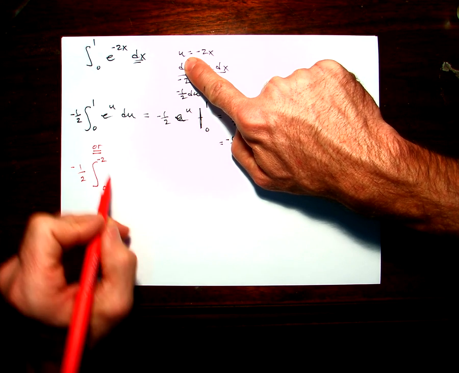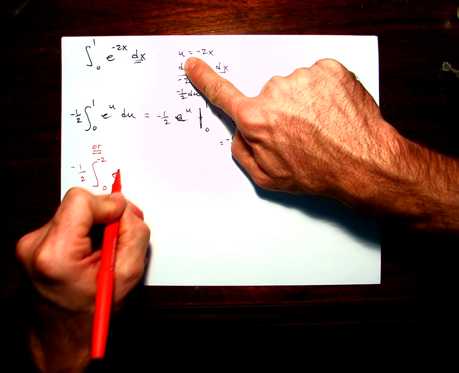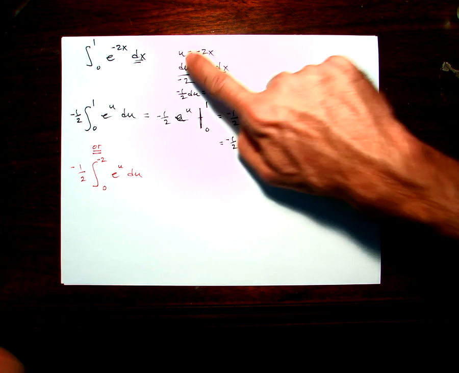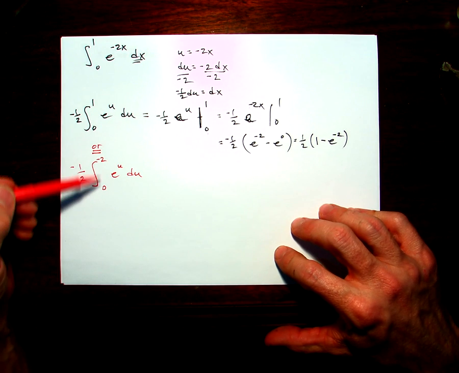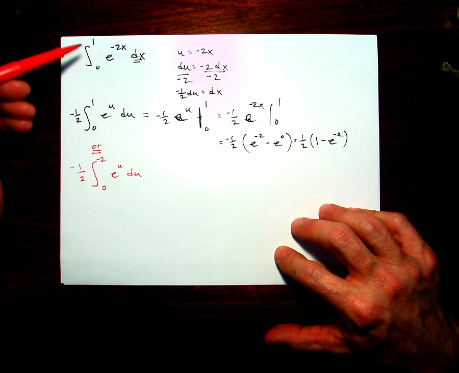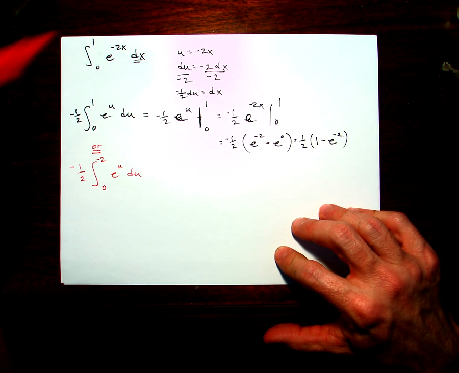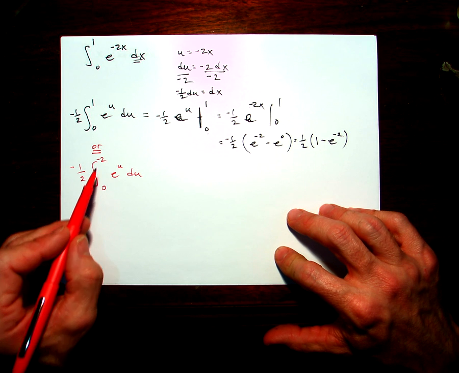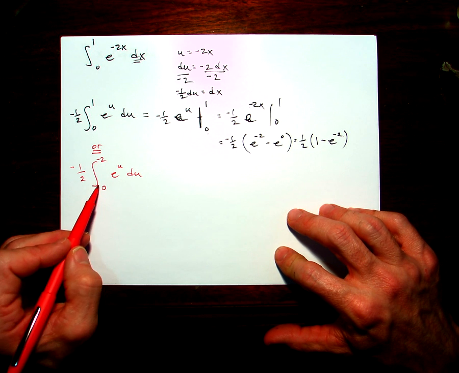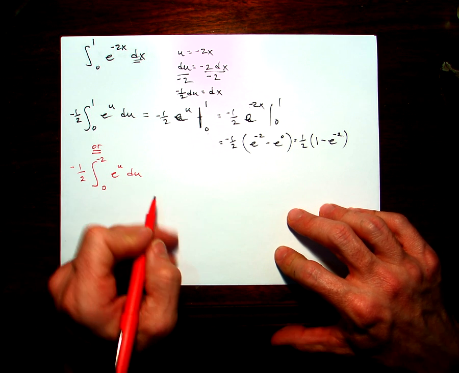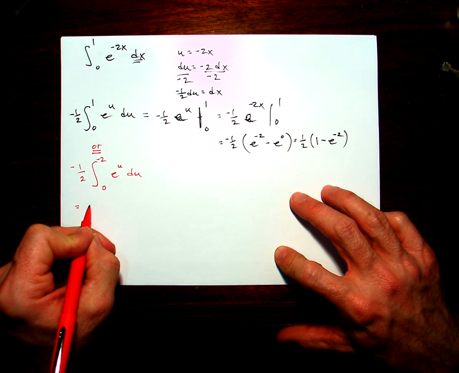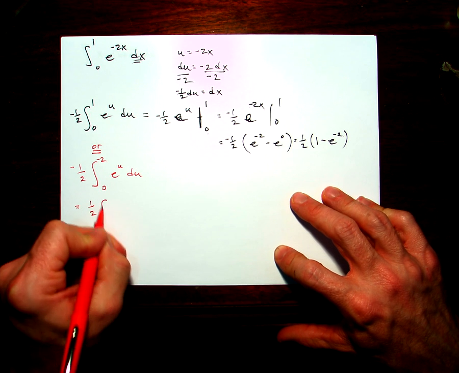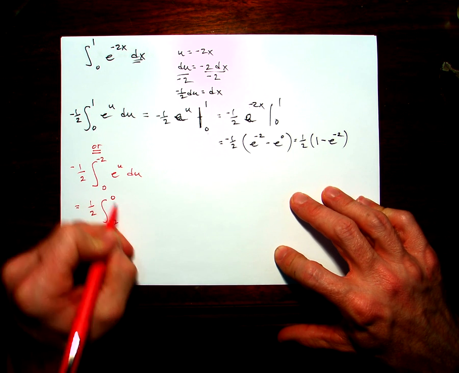So everything's the same. I still have the same substitution. It's just that I'm changing my bounds of integration based on this transformation. Now, the other thing is we know that if we go from something larger to something smaller, we can flip those limits of integration and change the sign. So that will give me a positive 1/2, and I'm going to go from negative 2 to 0,